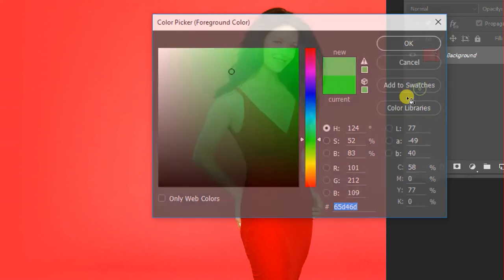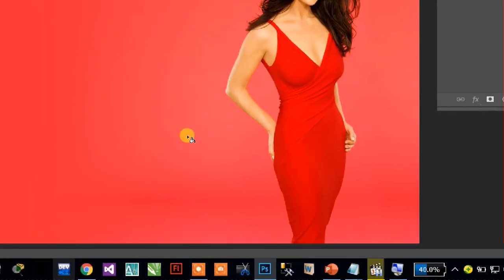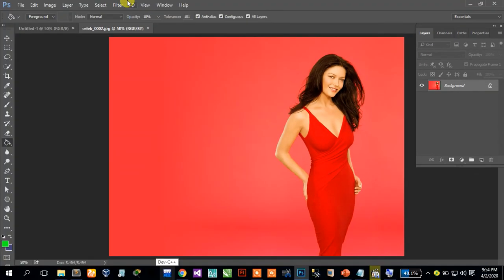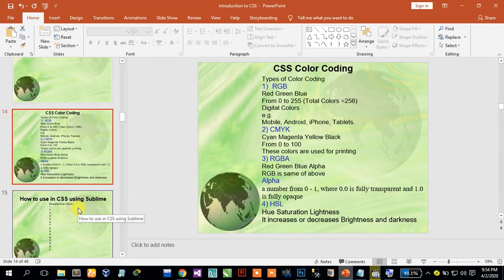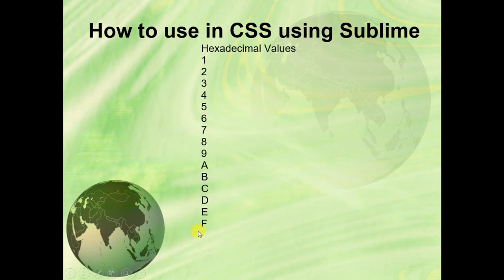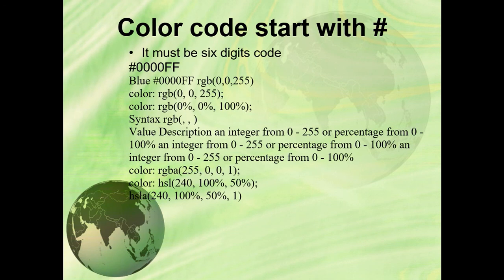You can apply, no problem. Okay, you make a color scheme code and apply that, like here. Four topics: RGB, CMYK, RGBA, what alpha is, HSL, and you must note hexadecimal values and how to use that